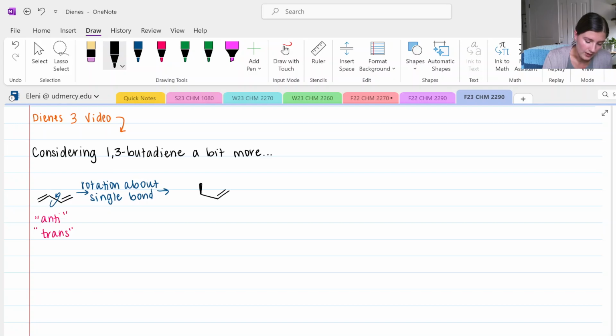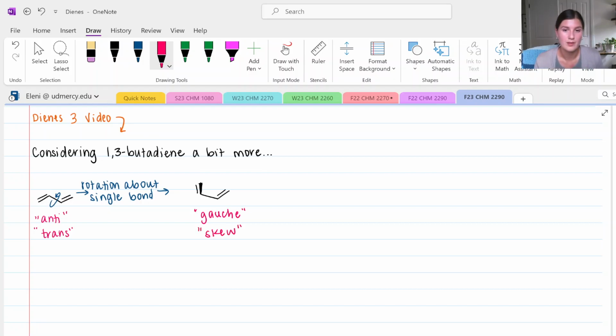So I'll draw it like on a wedge, for example. So there's that other double bond. So the two double bonds are not directly aligned with each other in the same plane, but they still have a little bit of overlap. This we call the gauche or skew